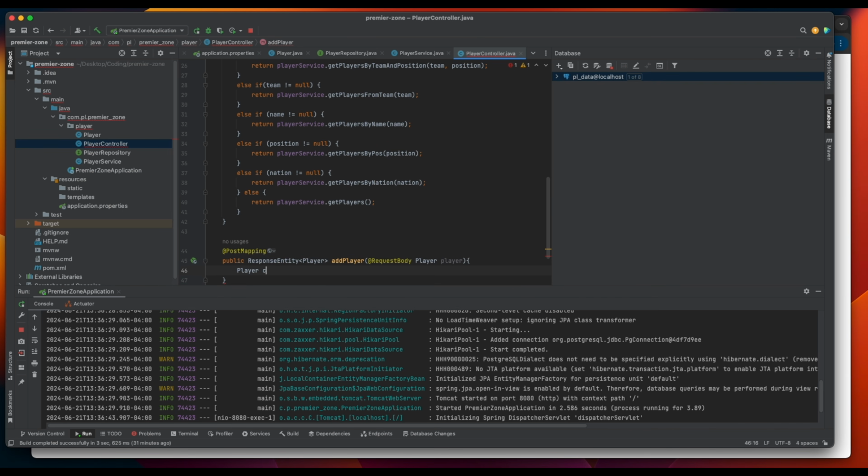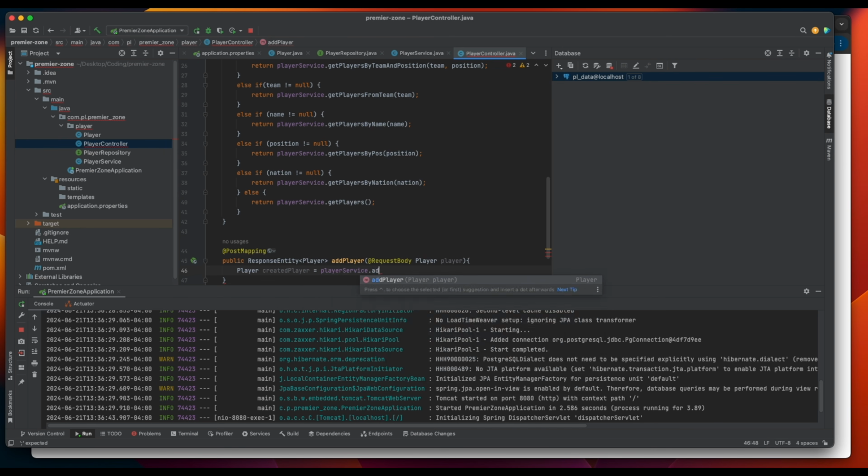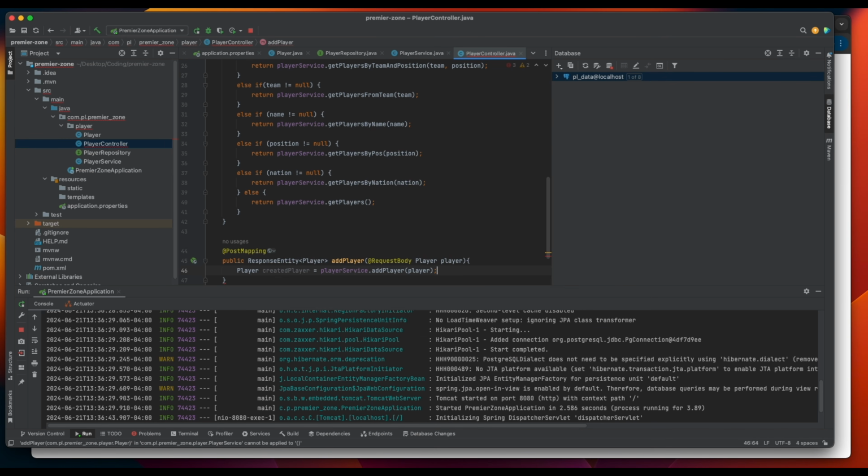So let's see, Player createdPlayer is equal to playerService.addPlayer and then the player. So this is calling our service class to go ahead and try to add this player that was passed in the request body to our repository, and then it's going to return